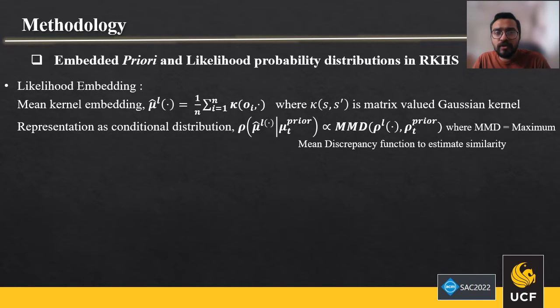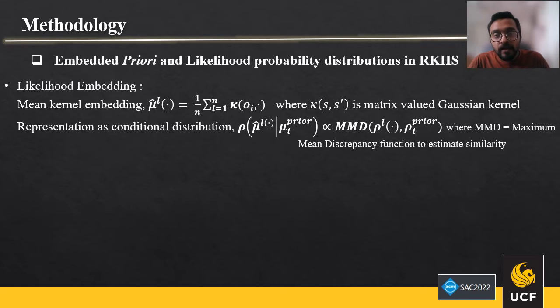Now let's move into how we do the likelihood embedding. The likelihood embedding is calculated as a mean kernel embedding, where K is a matrix valued Gaussian kernel and OY is the current observation. And this kernel embedding is represented as a conditional distribution that depends on the